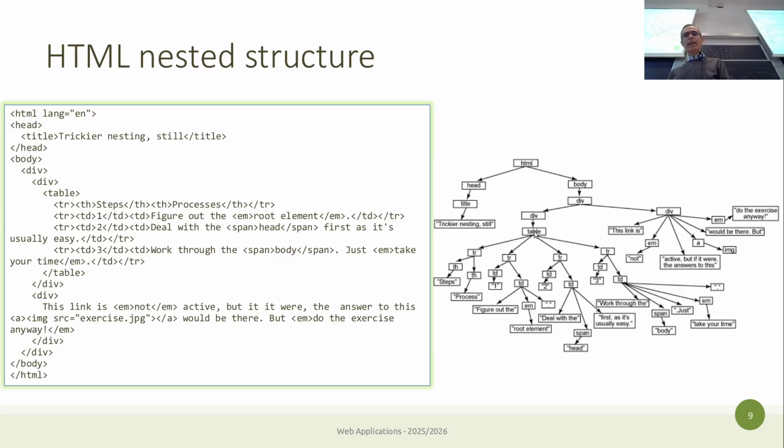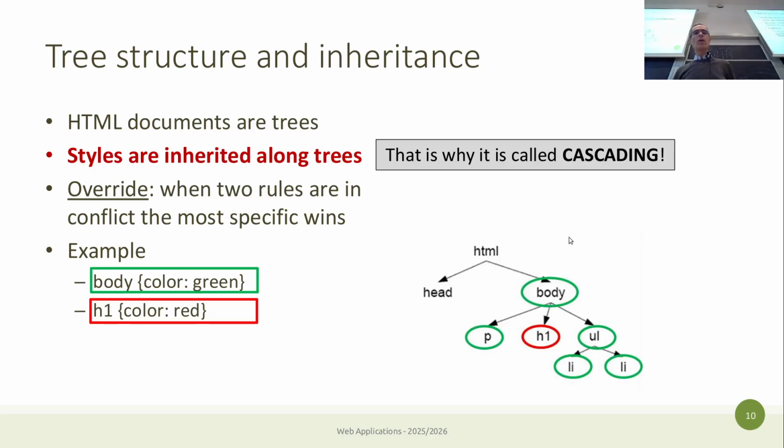But if we are not in the root, but in the middle of the tree, like table, do the rules apply only to table? Are they inherited by children? Does it make sense to make them inherited by children, and so on? Well, we need to solve these issues. Well, actually,